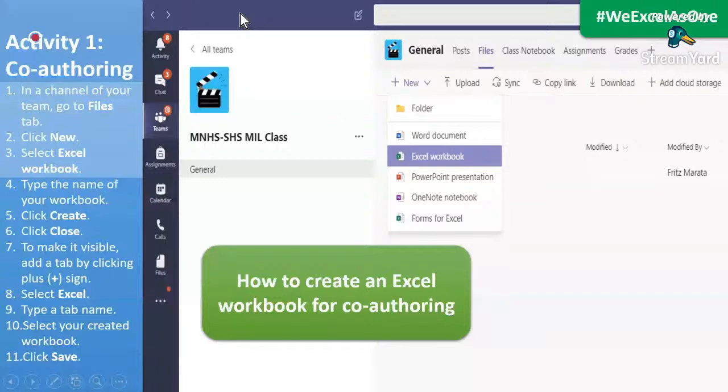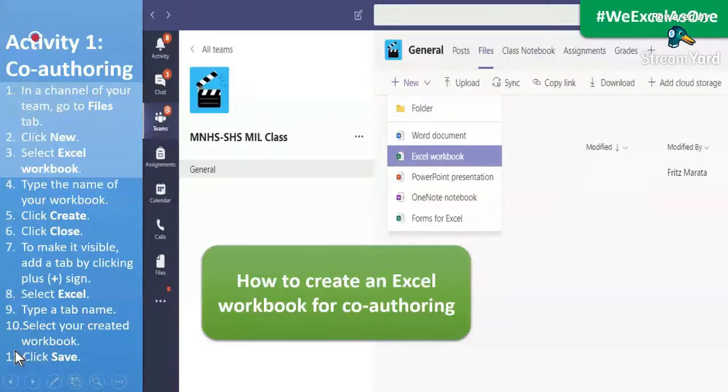Teams application. As you may notice, I am in a Teams application. I am using the desktop application of Teams, and there are 11 steps for us to create an Excel workbook for co-authoring. The first step is, in a channel of your team, go to Files tab.